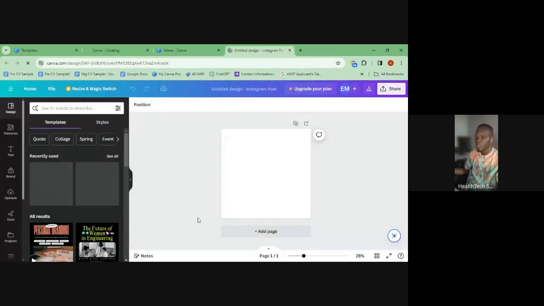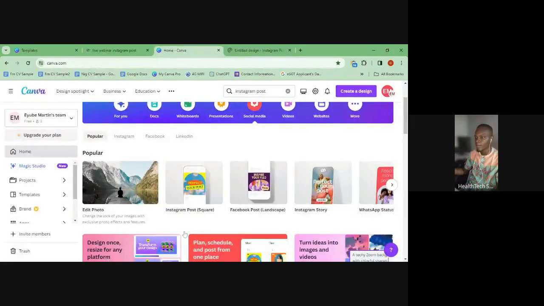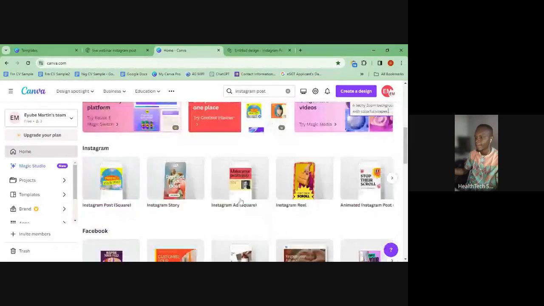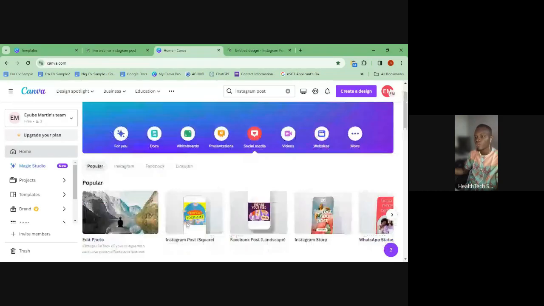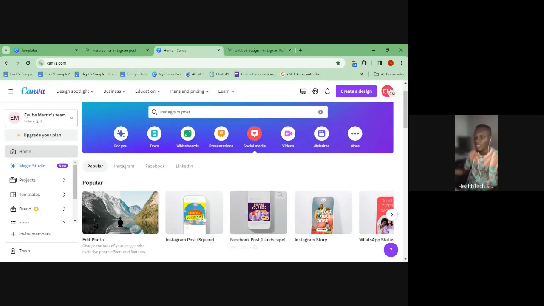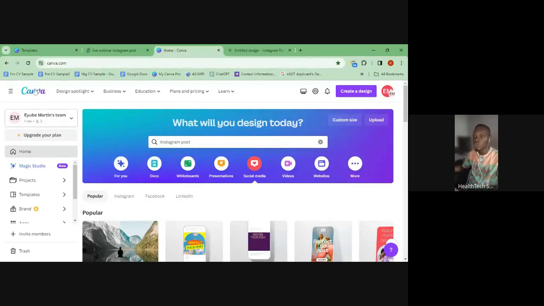All right, this is where we clicked on Instagram post earlier. So when you come, you click on this or any of these menus here. Now, note that at the home page, these are just the menu. It's telling you this is what you can create. You understand? These are not the exact templates. But when you go to the home page,